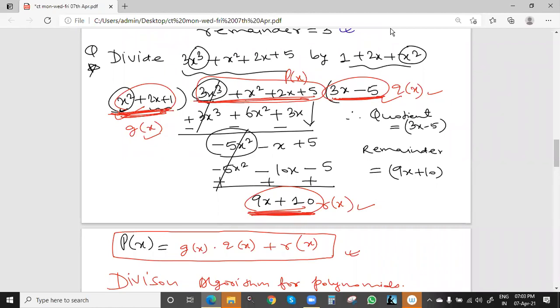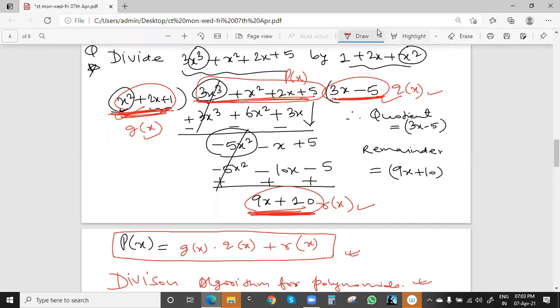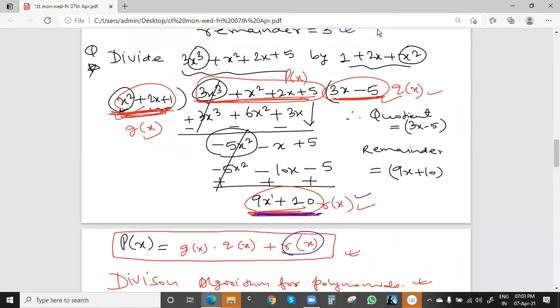So we can write p(x), the dividend, equal to divisor g(x) into q(x) plus remainder. This representation is called the division algorithm of polynomials, and in the given condition, what is required is r(x). The condition in this case is that r(x) is a polynomial, so its degree here is 1. So this is basically a linear polynomial. So the degree of r(x) is 1 here, and the degree of r(x) will be less than the degree of g(x). r(x) can be equal to 0, or if it is a polynomial, then its degree should always be less than g(x).